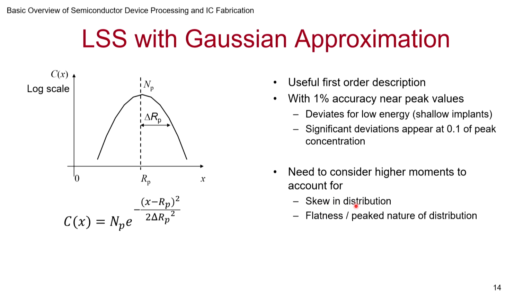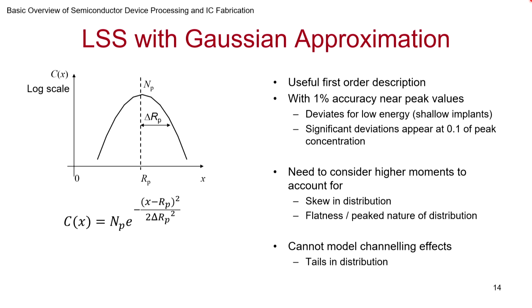So skew of the distribution can play a role, and also the flatness, that is how sharp the peak is and how flat it is. Those will tell you, especially for the tails, what you need. It may be that the peak value you are predicting well, but it is very sharp, and it is dropping off very fast, but your Gaussian says that the value is more. Or if it is very flat, flatter than the Gaussian, your Gaussian says some value, but actually it is higher than that, and then of course it comes down. It's like a table, right? So that is captured by the kurtosis, or the fourth moment.